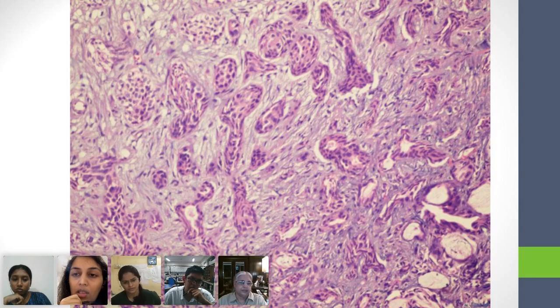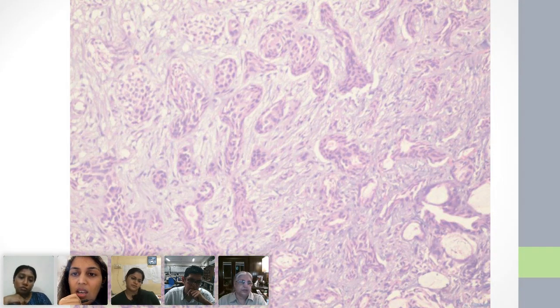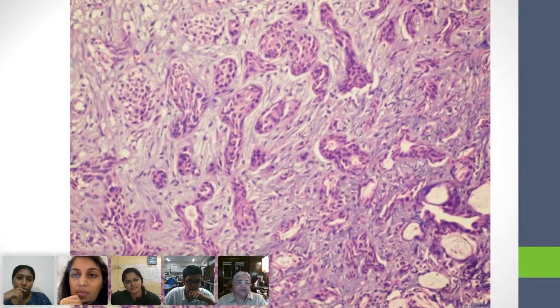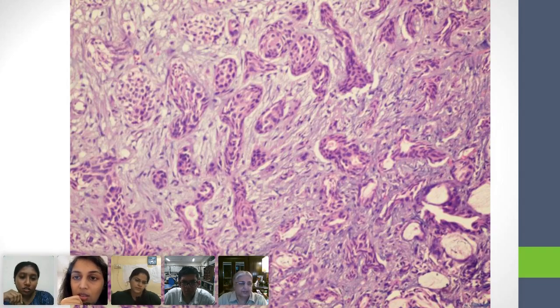Ma'am, I think there is a lot of fibrosis around. Fibrosis, okay. It's probably compressing the ducts, and that's why they're flattened. Ma'am, in chronic sialadenitis, the ducts get obliterated. But aren't they very peculiar? You saw nice lumina here. Look at the cells. Don't you see that they look spindly? And some have clear cytoplasm. Well, the cytoplasm may be clear, but the nuclei are very dense and very spindly.